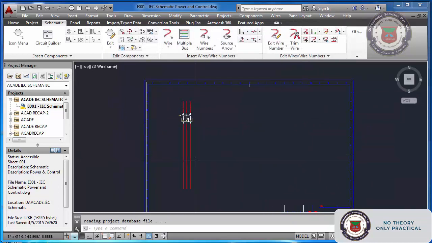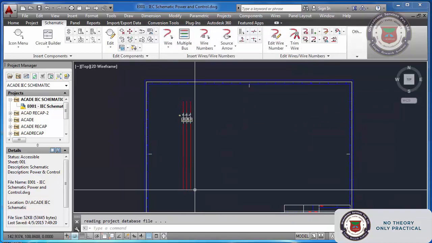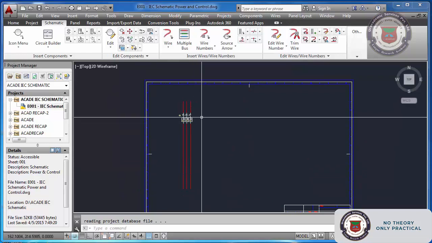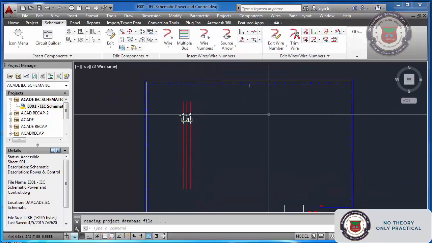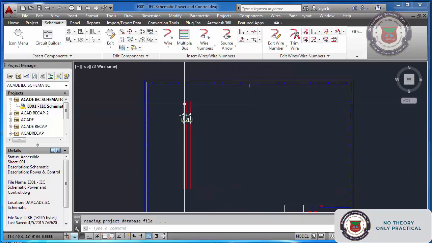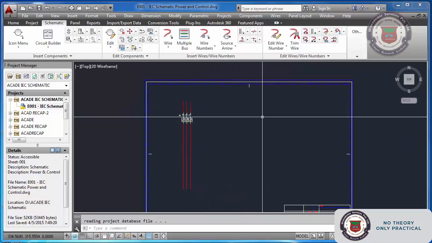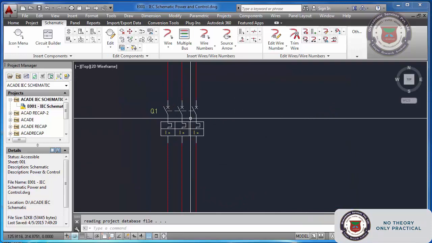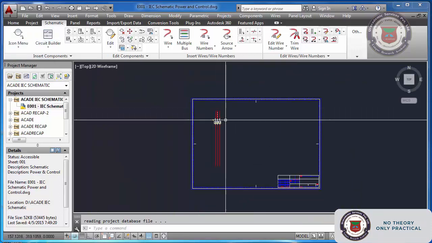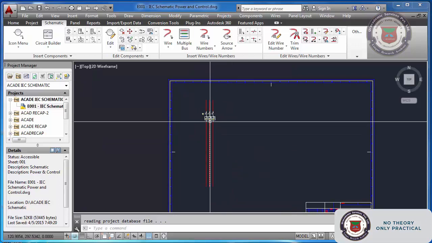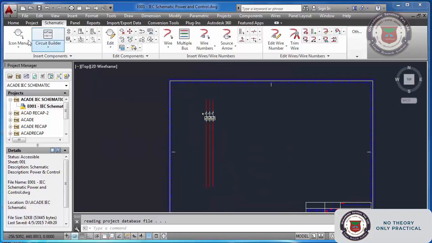But this is standard. Mainly IEC follows the flow from top to bottom. But you can also see drawings in IEC in which the flow is from left to right, but only the symbol is like this. So anyhow, now we are making top to bottom.